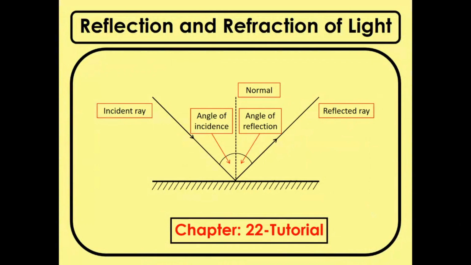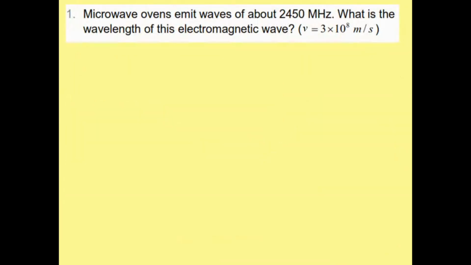In this video, I am going to solve the numerical problems for chapter 22, Reflection and Refraction of Light. First question. Microwave ovens emit waves of about 2450 megahertz. What is the wavelength of this electromagnetic wave? The speed of light in vacuum is given here, which takes the value 3 multiply 10 power 8 meter